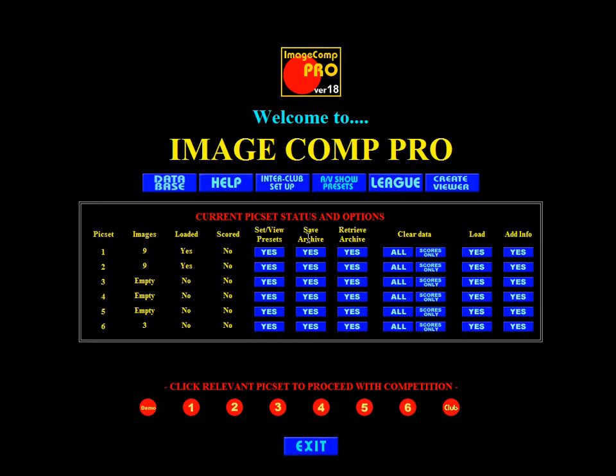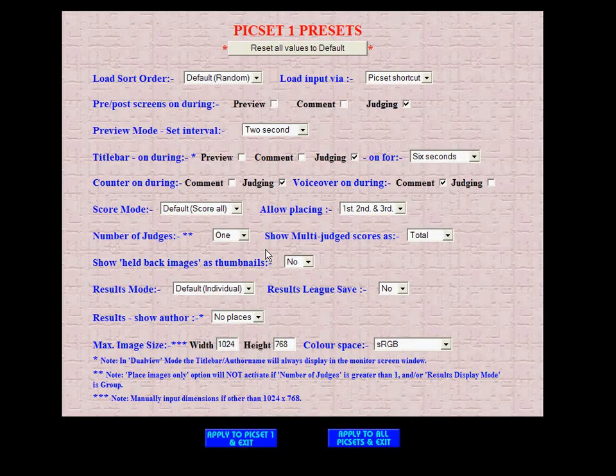Right, back to the presets. And now we're going to look at score mode. Now up until now we've judged and scored all the images out of 20 points. But on occasions you may wish to run a competition where you don't actually score the images but just place them,